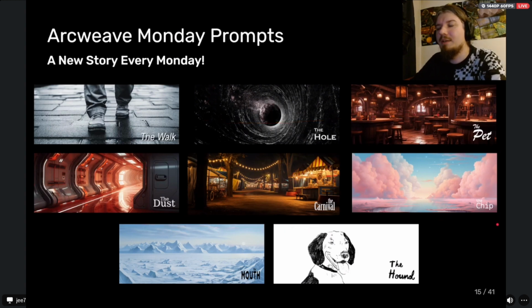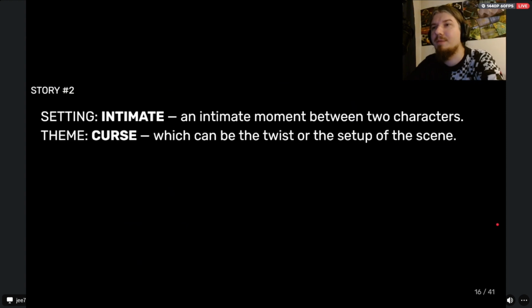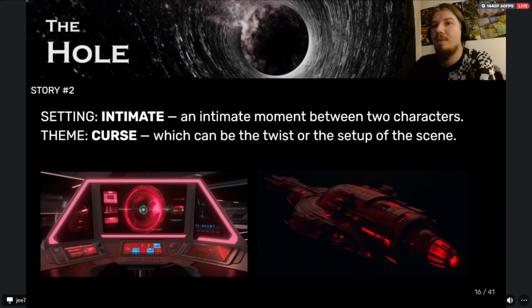But other ones, let's discuss a bit about the other ones as well. So for the whole, the setting was something like an intimate moment between two characters, and the theme was curse, which can be a twist or the setup of the scene. So being a big sci-fi fan, I started thinking, so what would be like this curse, this